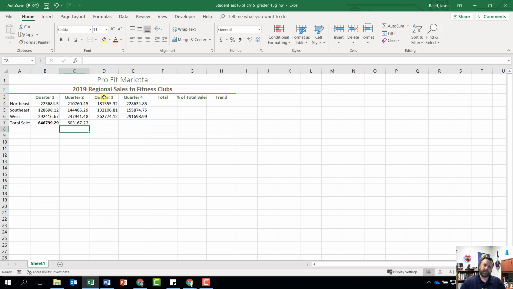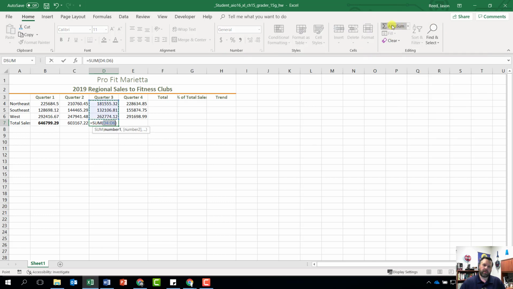Another thing that we can do is what's called AutoSum. So if we come down here to cell D7, and in D7 we want to add these numbers together. Well, Excel's pretty smart and it will know what numbers we want to add together. So let's come up here to our Home tab under our Editing group and click on this button that says